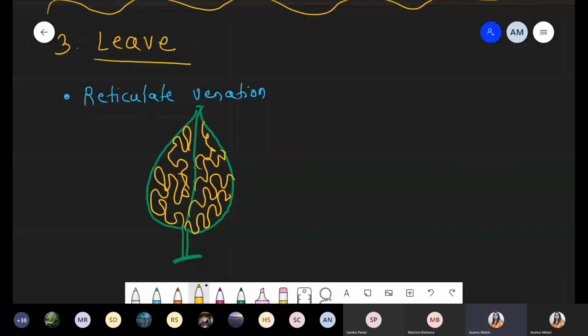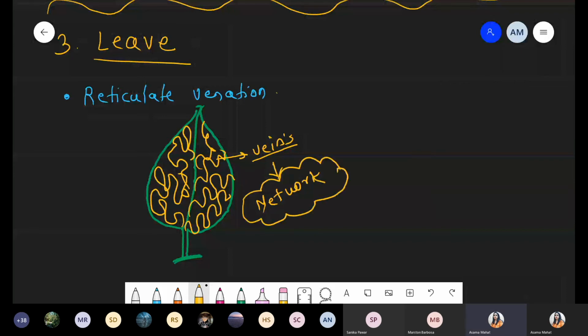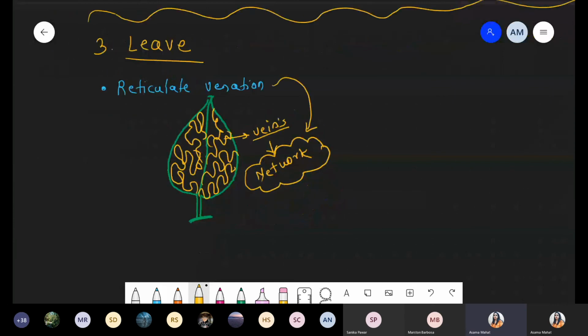These are the different veins, and they are arranged in the form of a network. They form a typical type of network. Venation means the arrangement of veins inside the leaf. These are parts of the leaf actually. What is the meaning of venation? Arrangement. Yes, very good, Praneet. Venation means the arrangement of veins inside this leaf. Such a condition is called reticulate venation. And reticulate means they form a network.